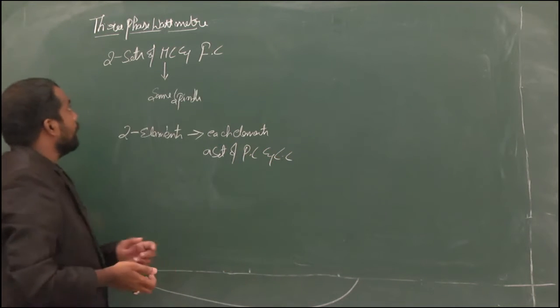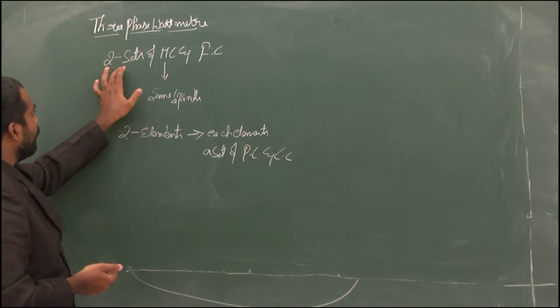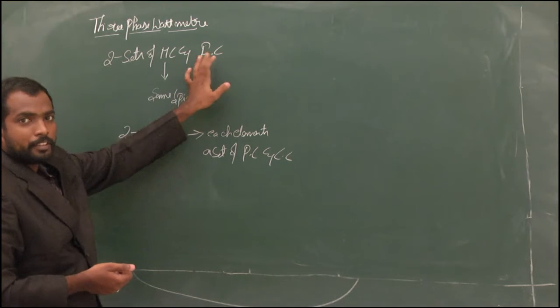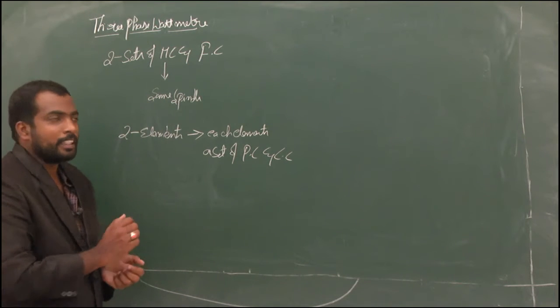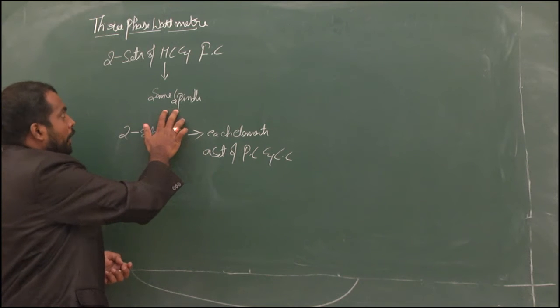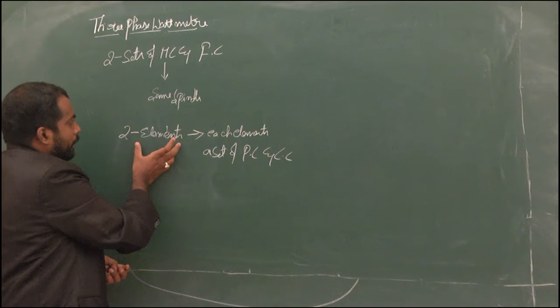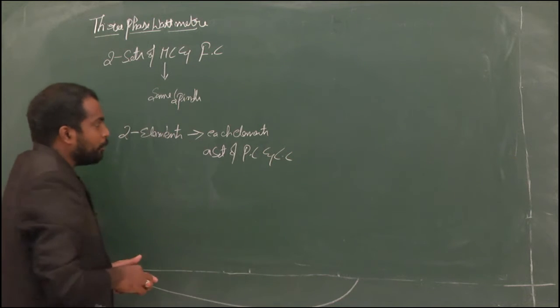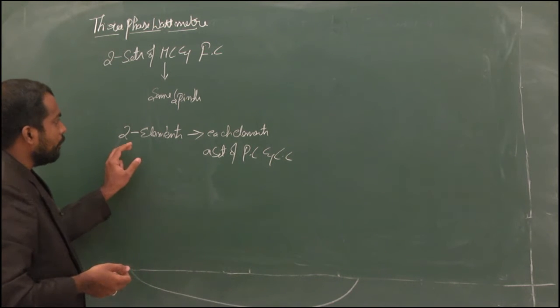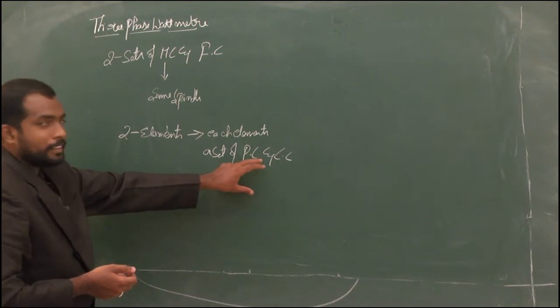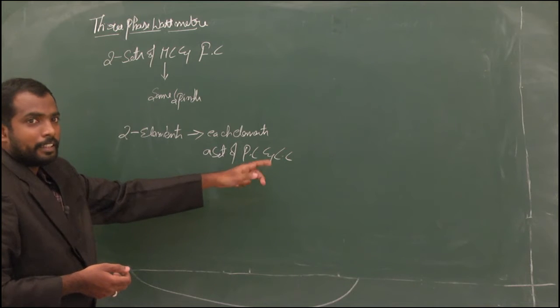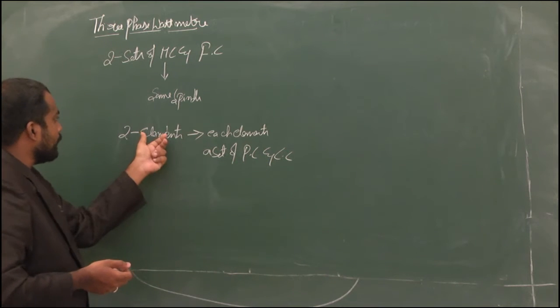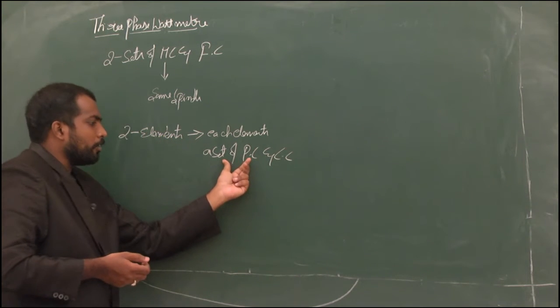That means in a three-phase wattmeter, we generally have two sets of moving coils and fixed coils, where the moving coils are placed on the same spindle, and an element is nothing but a set of a pressure coil and a current coil. We have two sets, where one set is connected in one phase and the other set is connected in another phase in a three-phase system. A single set produces a torque.